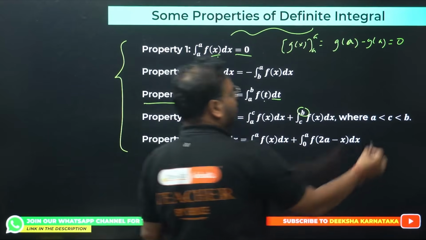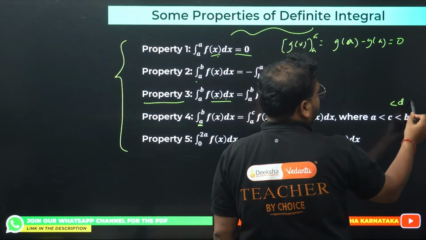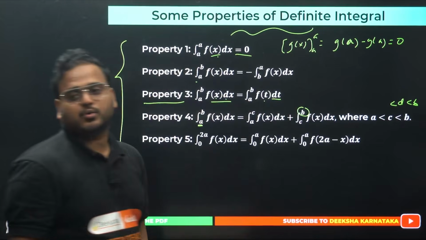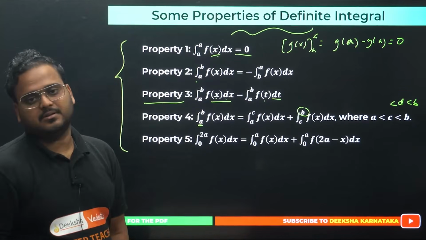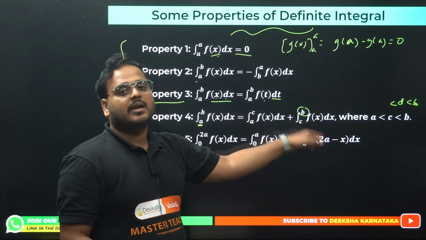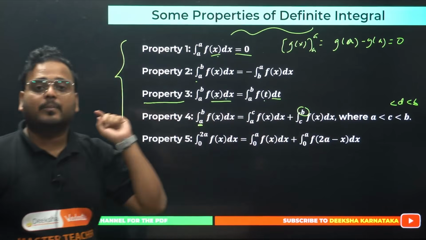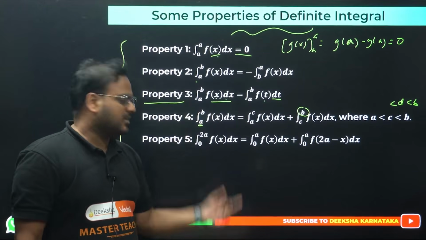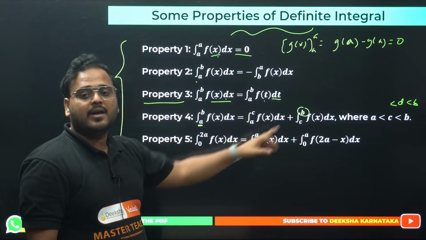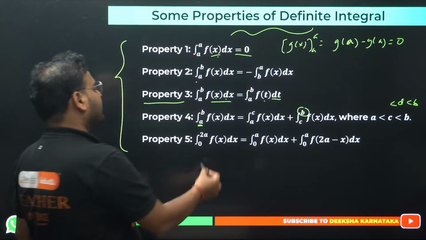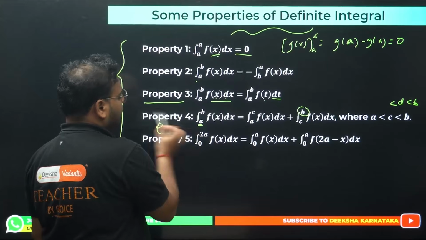If I take, let's say, d also, it should be d less than b. If I want to take e also, it should be greater than d and less than b. Okay, order should be like this: a to c, c to d, d to e, e to b. Any number of times you can break the function depending upon your need. Okay, if you have limits given like this, understand this: first lower limit should be a, last upper limit should be b. The integral from 0 to 2a can be written, this is property 5 based upon property 4 only,